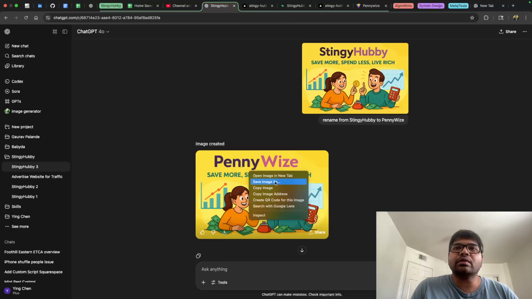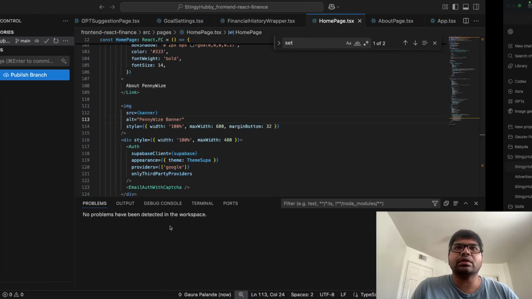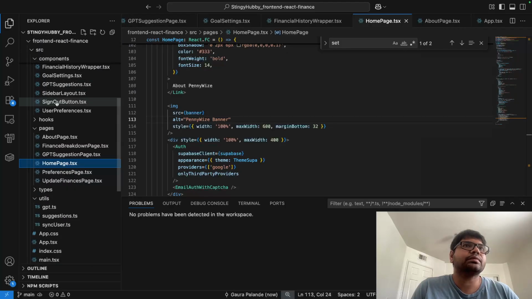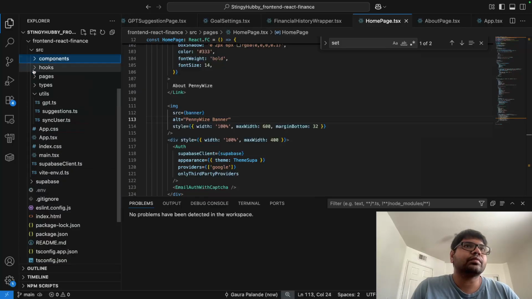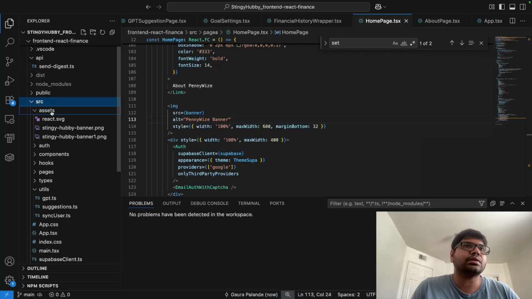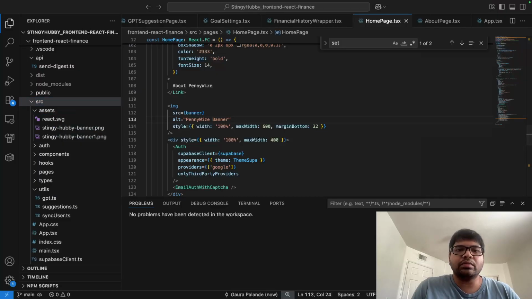Actually, let me try this, save image as, and then I'll get a finder. So I go to the finder, I would go to the application, I would go to the assets. Let's see where the assets are. We have the components, utils, source. I think the assets are here only. So environment, source, assets. Yeah, these are the assets. So let me open in finder, reveal in finder. So we come to source,